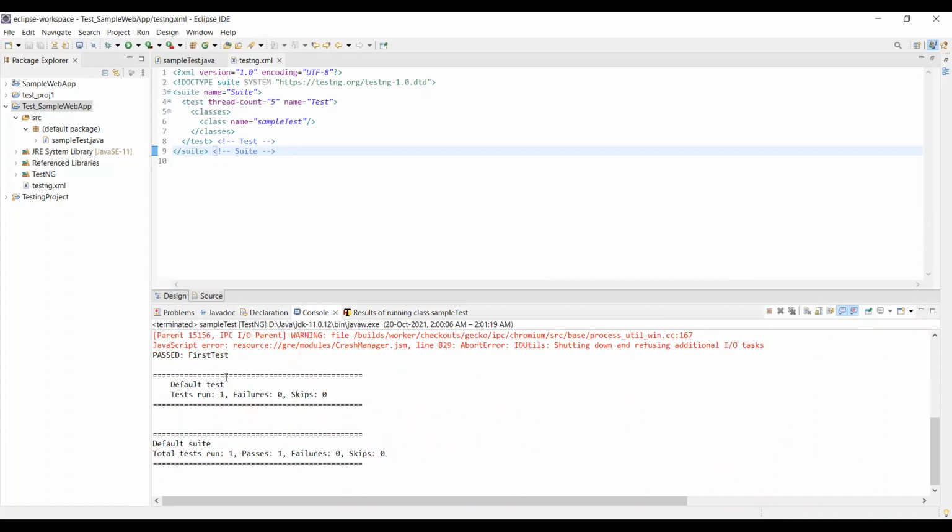At the end, it will give us a report of how many tests have been executed, how many are passed, and how many are failed. So in total, there was one test that was executed, one passed, and 0 failed. So in all, we can see how many tests were successfully executed and how many test cases failed to execute. In this way, you can easily create test cases and test your web applications.